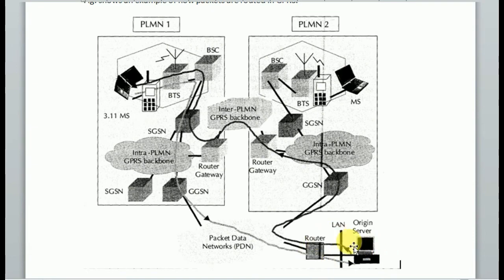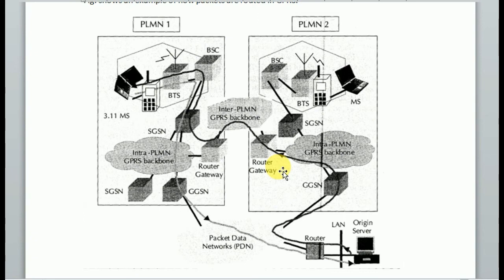We have other components like SGSN and GGSN in PLMN1. We have two SGSNs in PLMN1, and in PLMN2 we have one SGSN and GGSN, and also components like a router and gateway. The example assumes two intra-PLMN backbone networks of different PLMNs.